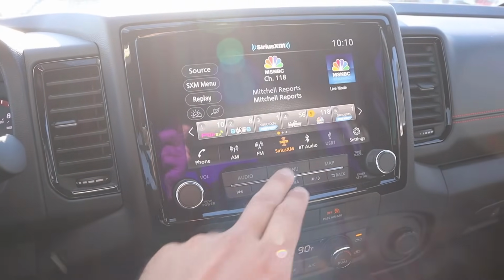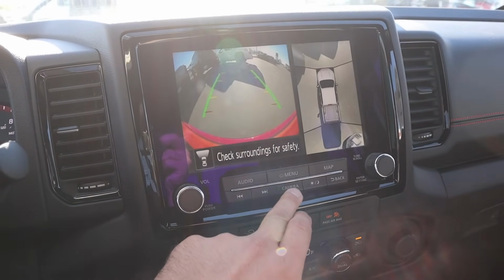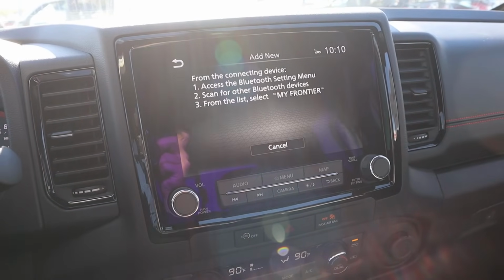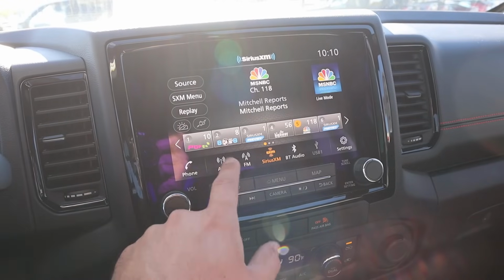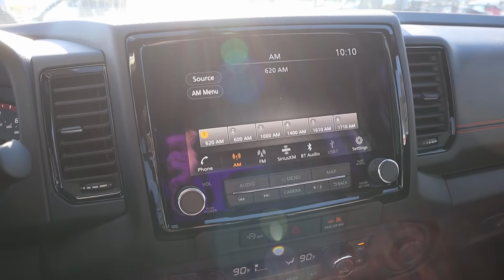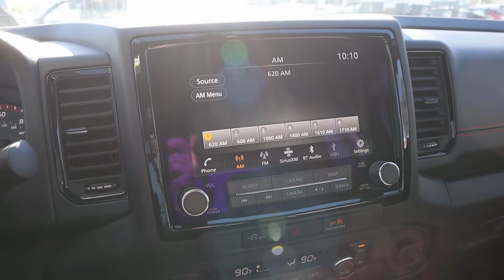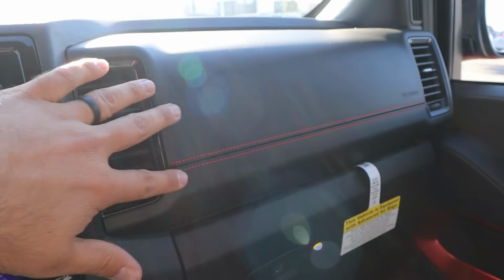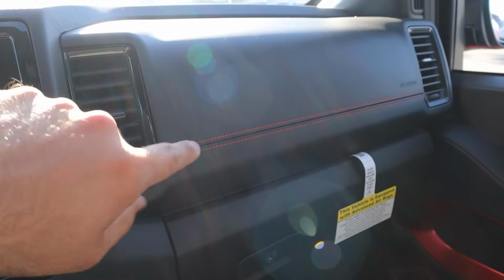And so cool, it has a 360 camera system. You can also press the camera button and then it'll pull up the camera views as well. But we've got this little shortcut bar here at the bottom. As you can see, response time with it's pretty good. We also have the analog controls down below to provide extra shortcuts, I suppose, so it makes using the infotainment system easy. I think this is pretty cool over on the glove box, or above it rather, with the stitching